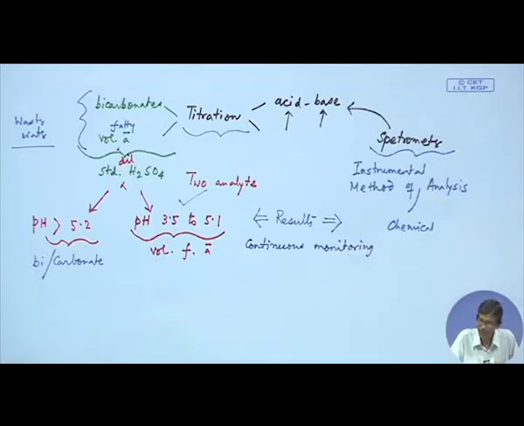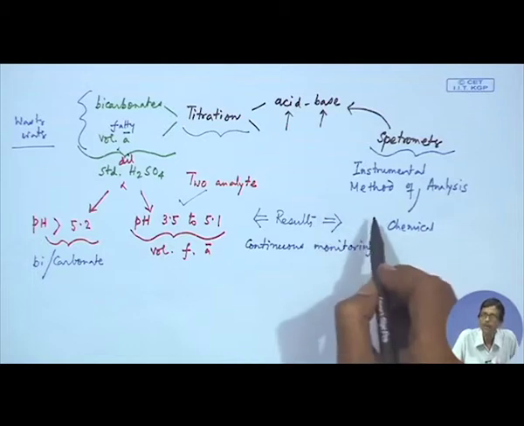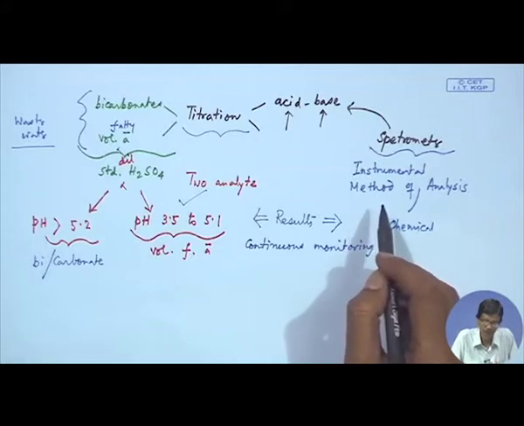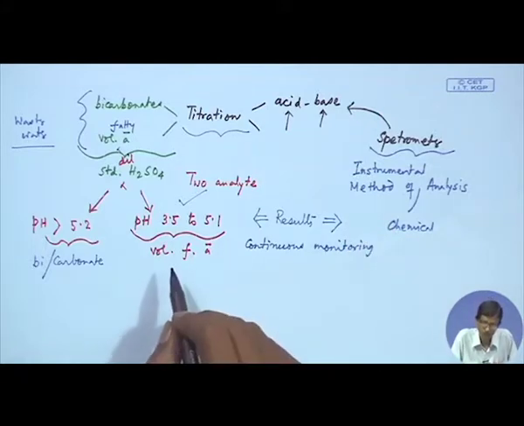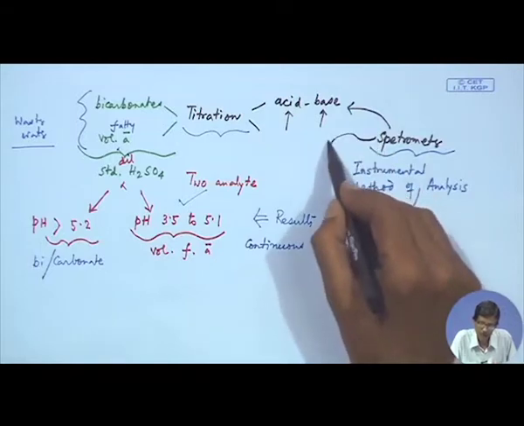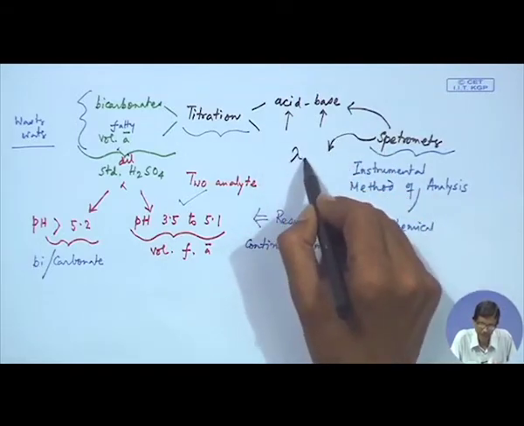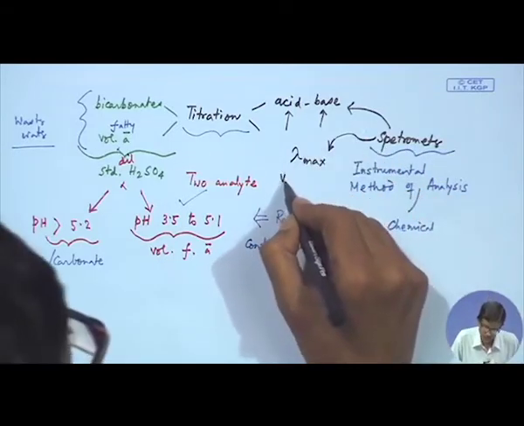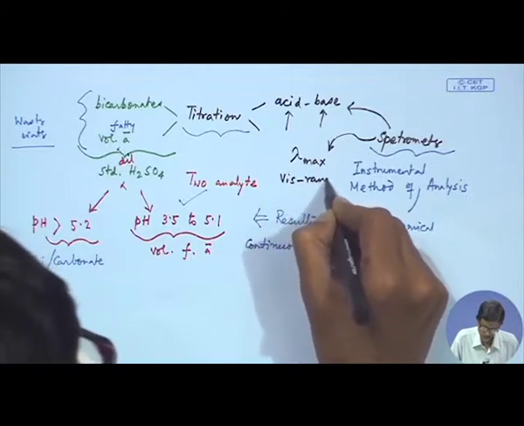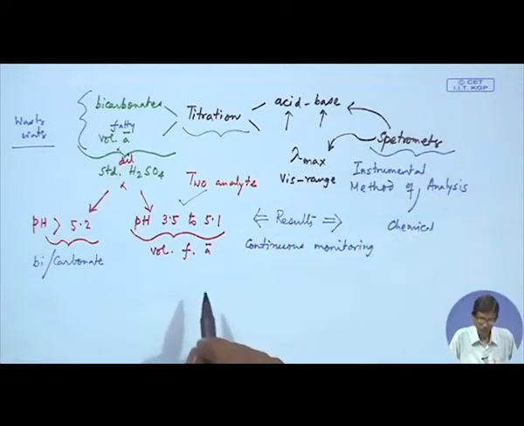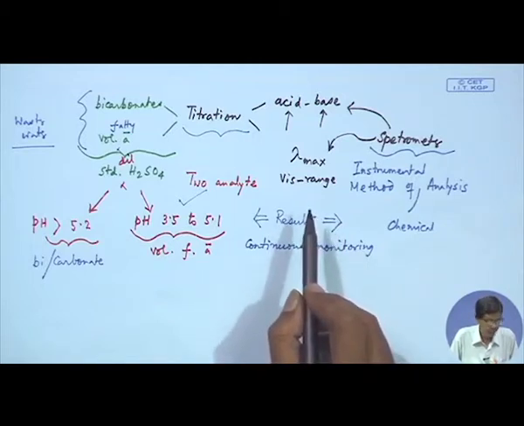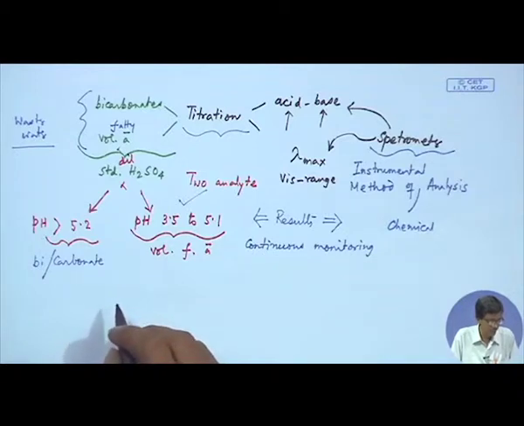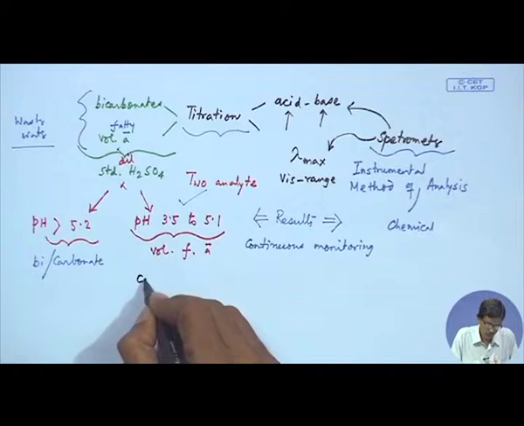in that particular case, it is the instrumental method which will be beneficial, and that instrumental method can give some important information. So, what we can do now is that because the spectrometer can detect the lambda max value if it is colored in the visible range, to get that, we will introduce something which we call a color changing indicator or a colorimetric indicator.